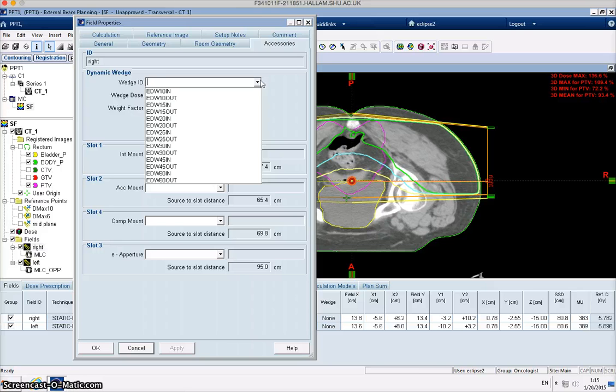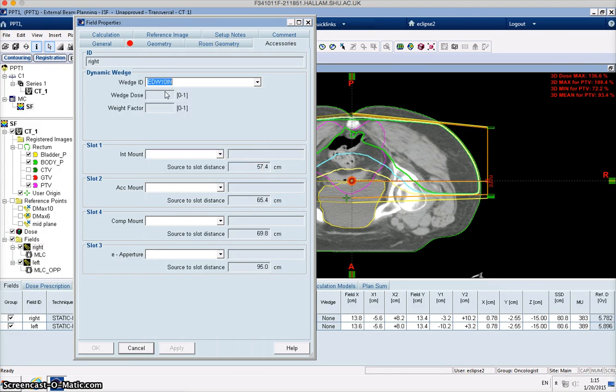Now you wouldn't know that other than knowledge of the planning system. So by selecting 90, the wedge is going to be either ant to post or post to ant, and this is where this out and in comes in. Okay, so if we select in,